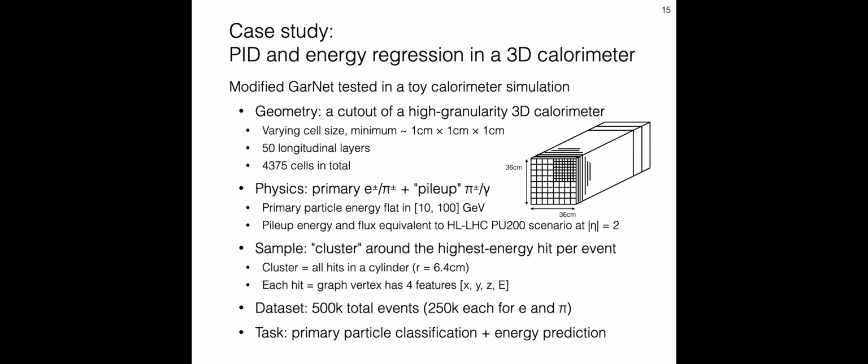The pileup energy influx represents an HL-LHC type environment. And the sample from these events is the cluster around the highest energy hit. The cluster is just a cylinder around the highest energy hit, because that's the sort of clustering that can be done